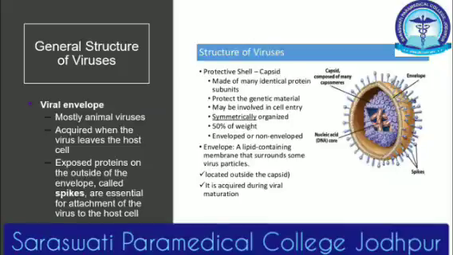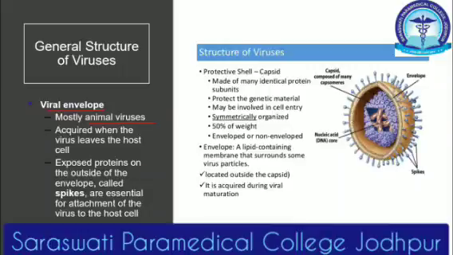Now if you think about the viral envelope, we have talked about the capsid. The capsid is a must for a virus because it is the primary protective structure for a virus. But in some viruses there is an envelope, an external membrane that is present outside. Most of the animal viruses have this envelope surrounding the capsid layer itself.